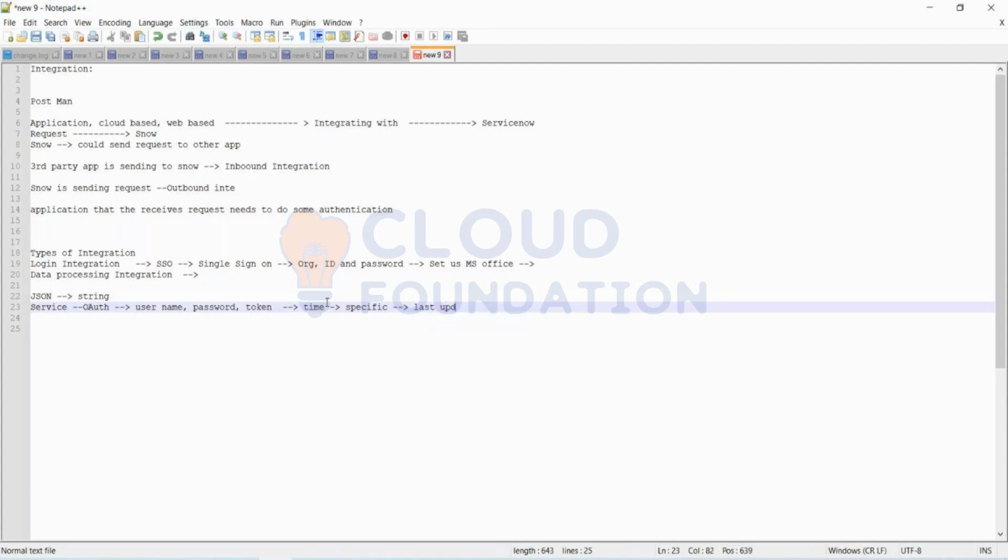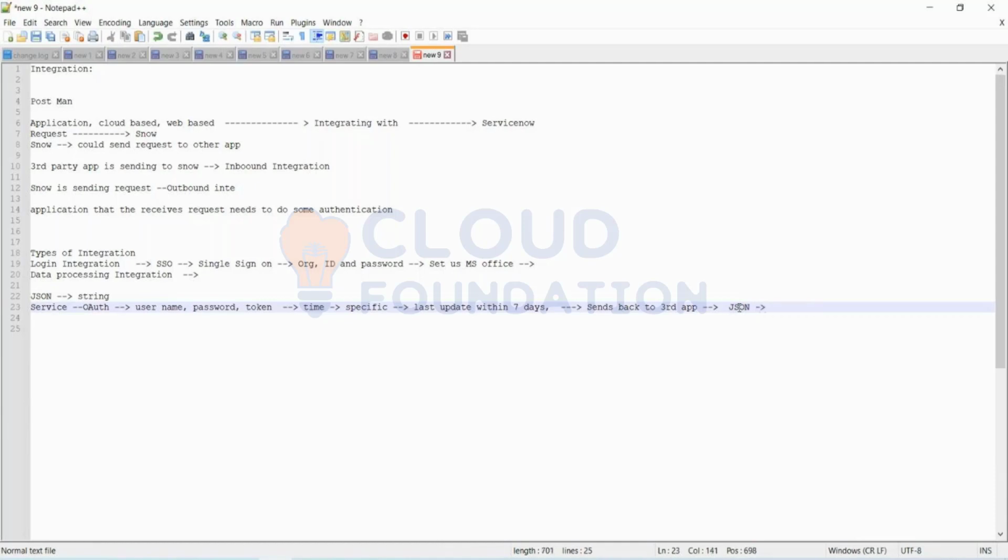Within 7 days, it fetches all those records and sends them back to the third party application, in the form of, I'll just put this as the lab. So what was happening? It was sending data in the form of JSON. JSON is nothing but a container.